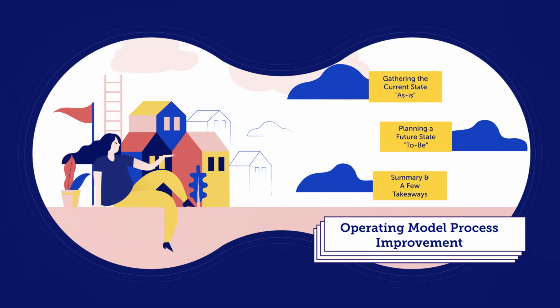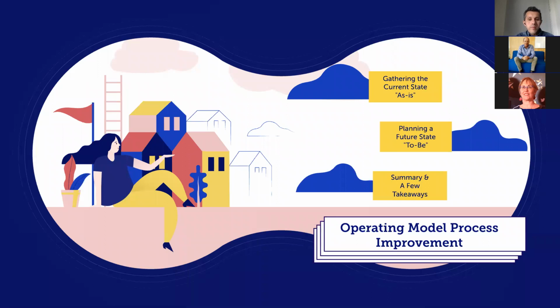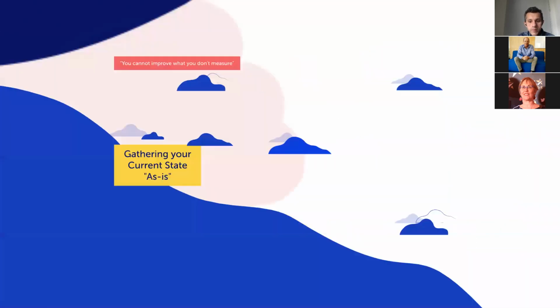There is a third phase in this, as in the how to actually get there, right? So you've got an AsIs state, and you've got a where you want to be state, and then there's the how to bit. That's a subject all on its own. So we're not going to touch on that too much or in too much detail on this one. We're just going to finish with a summary and a few takeaways, and perhaps if you want to do a one-on-one session with either myself or some of the mentors, or we even decide to do another one going forward, then we can start talking about that how-to in more detail. So,